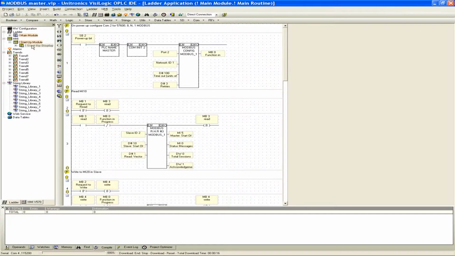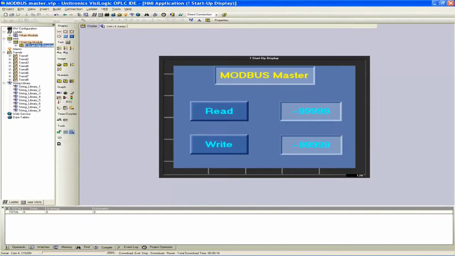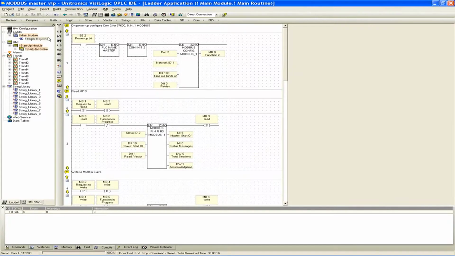So I have open right now the MODBUS master. You can see from the HMI, it's the program that I had just pulled up in Remote Operator. But we'll go through some of the code right now. I believe we mentioned this before in our other webinar series. It's a good idea to always start off your program in net 1 with a system bit 2 power-up condition. Again, this system bit 2 is active for only one scan when you turn on the PLC. So if you cycle power, as soon as the PLC boots up, anything after this system bit 2 contact will be active for only one scan,